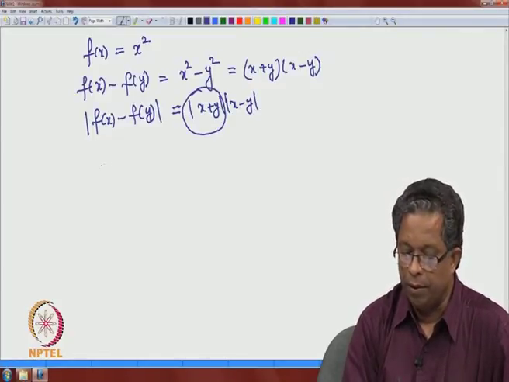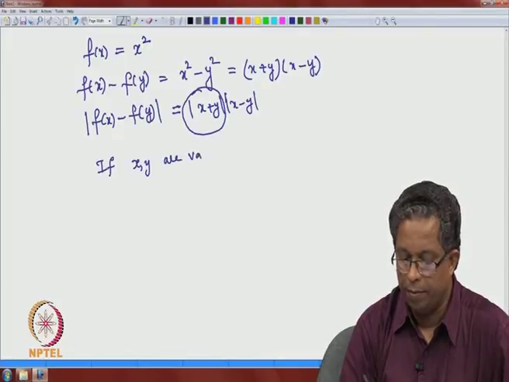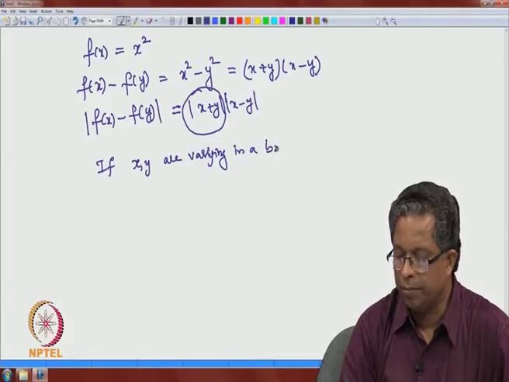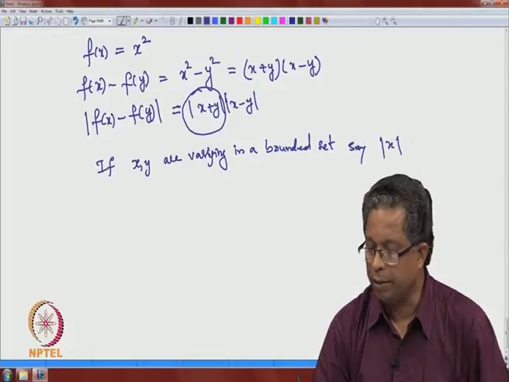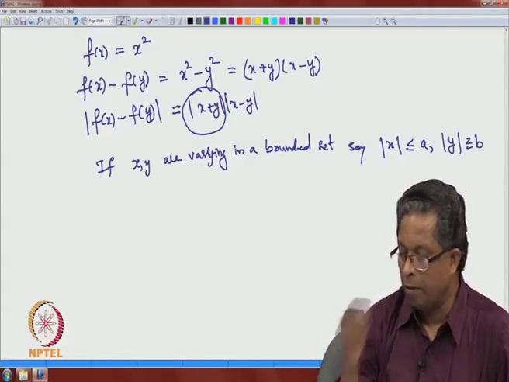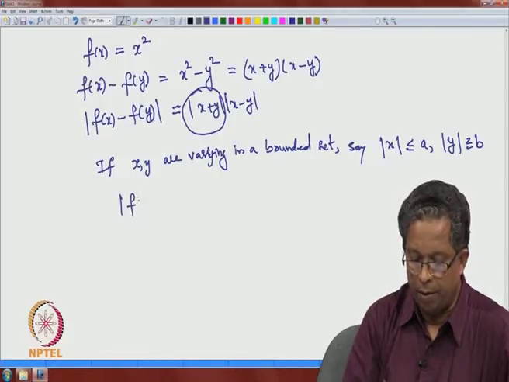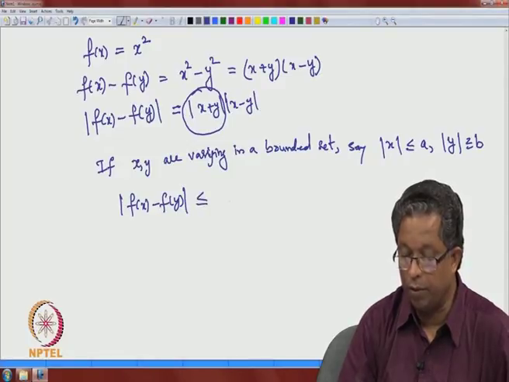So if x and y are varying in a bounded set, say absolute value of x is less than or equal to a and absolute value of y is less than or equal to b, in that case f of x minus f of y is less than or equal to,